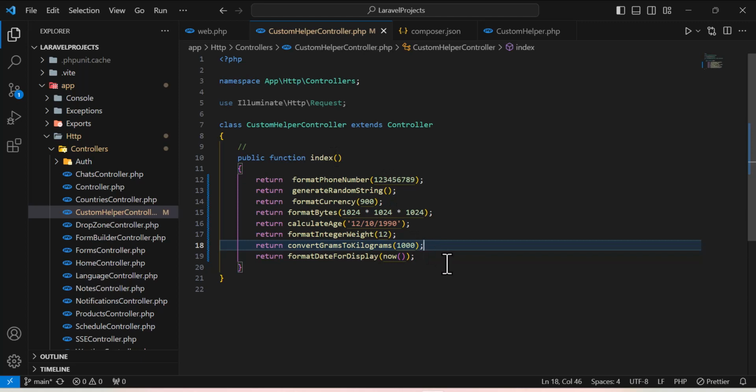While Laravel comes with a set of built-in helpers, sometimes you may need to create your own custom helpers to encapsulate a specific functionality tailored to your application needs. In this tutorial, we will learn how to create a custom helper function and apply it to a real life scenario. As you can see here, I already have created many helpers, each of which does